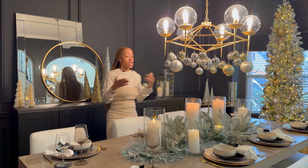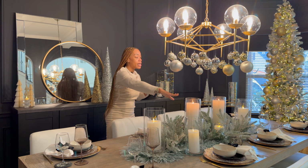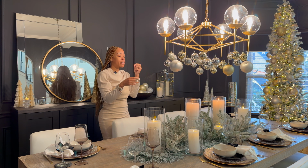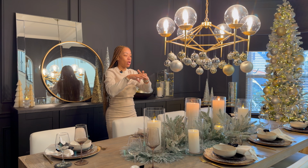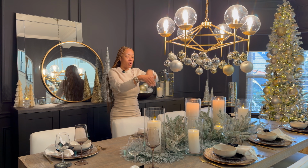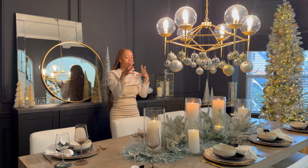I didn't like to incorporate them, but I felt like, first of all, I couldn't find any candles this big in a flameless. So I do have two real flame candles. These I got from Pottery Barn. I like these candles because they don't burn the way traditional candles burn, where the wax just goes everywhere, so it looks gross. These burn in itself. So as you can see, I've been burning them for a while. It's melting inside, and then they're in the glass, so I don't feel as